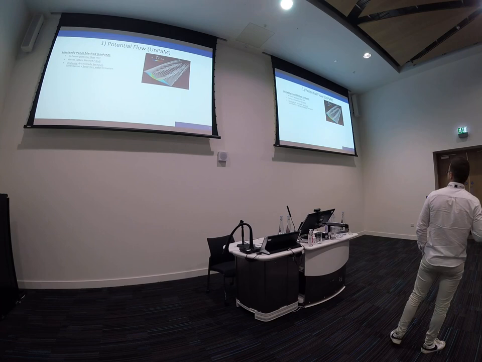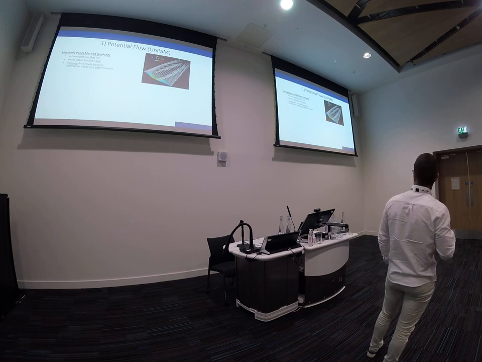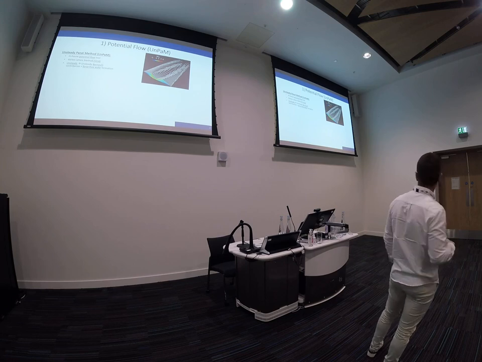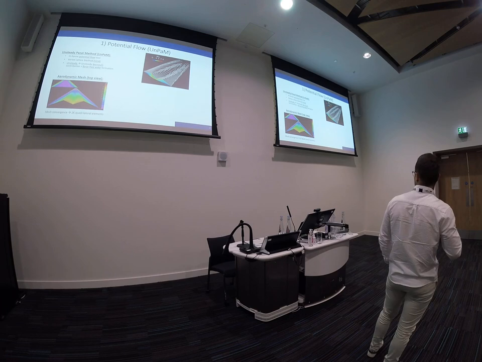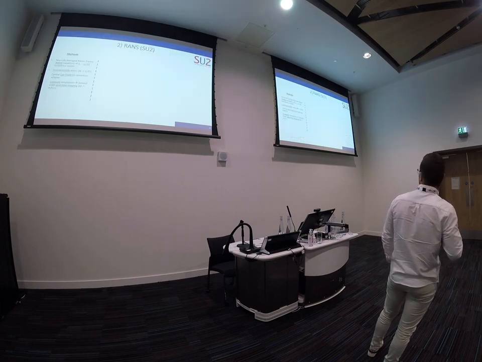For the first method, I'm going to go quick. It's an in-house potential flow tool. It uses the vortex lattice method approximation, and it's unsteady. We take into consideration the unsteadiness through the unsteady Bernoulli contribution in the forces, and also through a force-free wake formation, as you can see here. This is just for comparison of the elements, 2K elements for the mesh, to compare it with the one in RANS. And here you have the main publications of this tool. So regarding RANS,